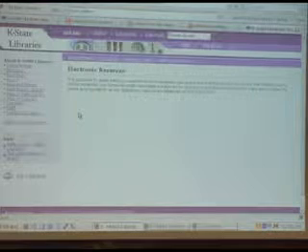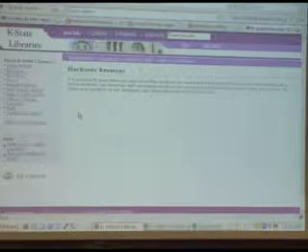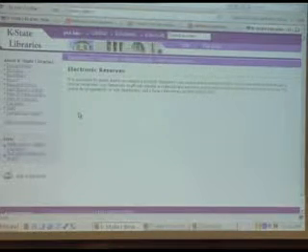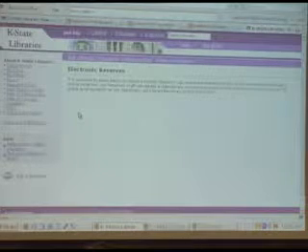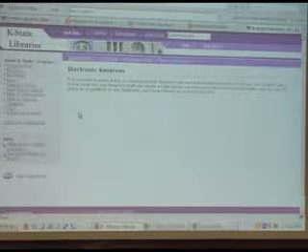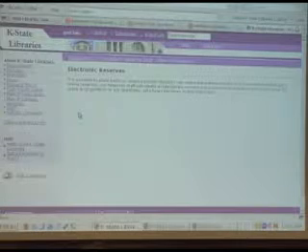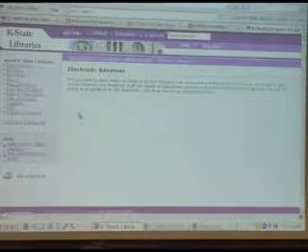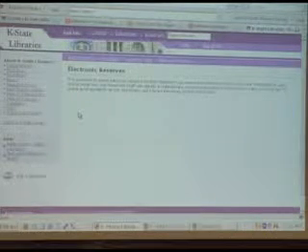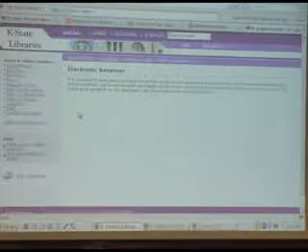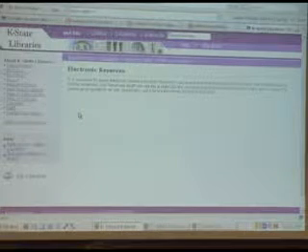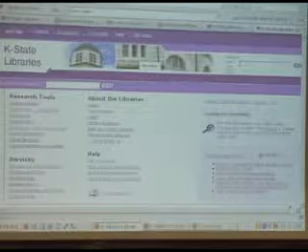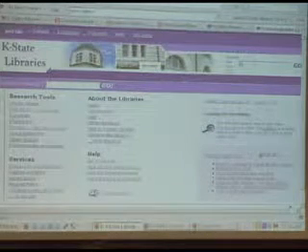So you could work with them if you're not comfortable doing the RefShare, or if it's a different kind of situation, it's a document you actually have, and you want to put up in this closed environment of K-State Online, you can work with the eReserve staff to do so. And that's something that I think we're seeing people increasingly take advantage of now that we have more and more content online. One of the things that you can do if you want to put things on eReserve, you probably want to know